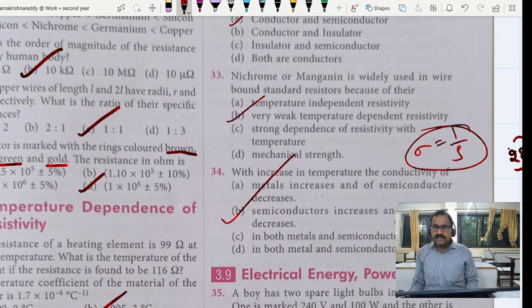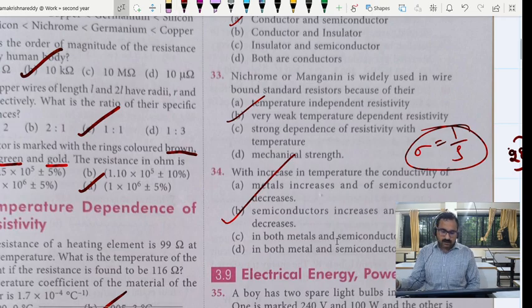So mainly, with increase in temperature, what is happening? All of you have to observe that. That is the point we are covering, which is very important. Based on that concept, with increase in temperature, what about the conductivity, and the wire bond resistor concept I showed in NCERT, questions were framed based on that only. So with that, this part is completed.